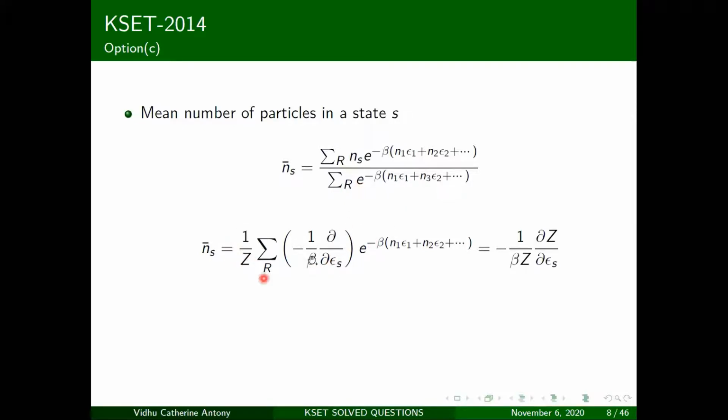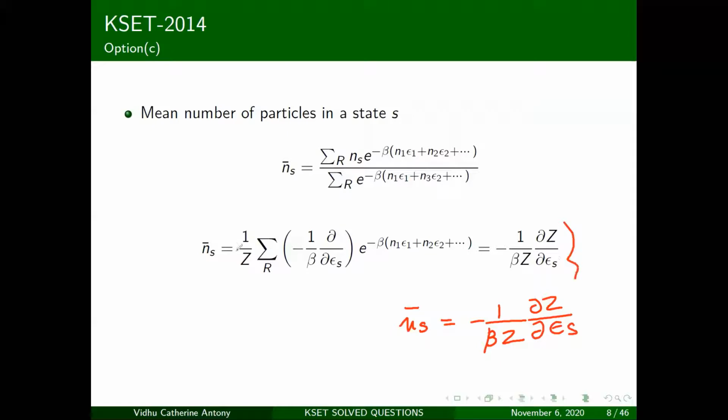This is your partition function, so you end up getting a 1 by Z. The formula for the energy would be very familiar to you, but this might not be very familiar, and you may not be able to recall it from memory. If you have an energy, you basically get a ln Z somewhere in that term. Now let's look into the average number of particles. You have n_s bar equal to minus 1 divided by beta, times 1 over Z, dou Z divided by dou epsilon s, where Z is the partition function.